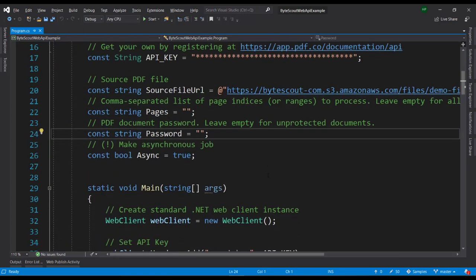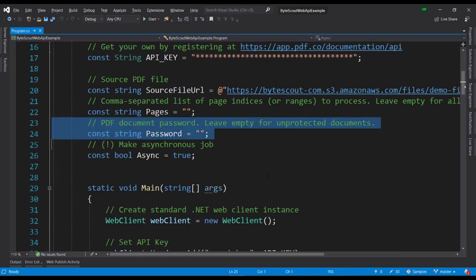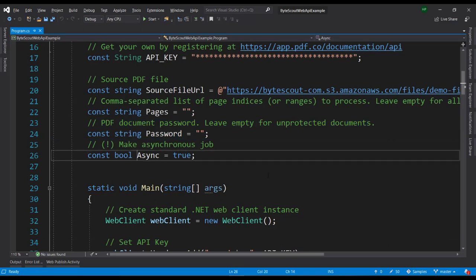If the PDF is encrypted, we can provide the password, and make sure here that we are setting the async option to true. Upon providing the async option, we will have a different response. In the synchronous option, we directly get the output. It takes time to execute, but we directly get the output. But in the async option, we will get a job as output, and we have to check this job periodically to see whether it is completed or not.